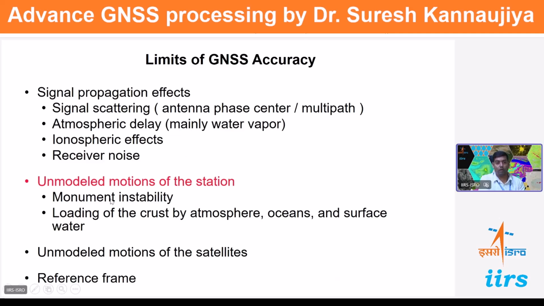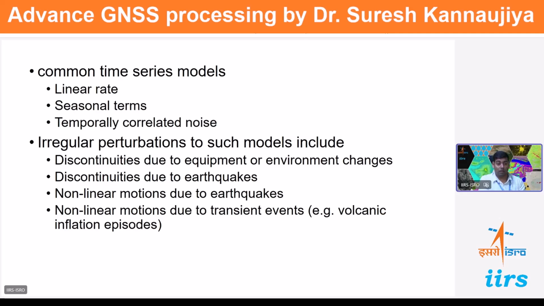And another is unmodeled motion of the stations, like instability, loading of the crust by atmosphere, ocean, and surface water. And this monument instability is completely anthropogenic, or completely human error. And the other effects can be natural phenomena. Natural phenomena can be equipment or environmental changes, discontinuities due to the earthquake, non-linear motion due to the earthquake, non-linear motion due to transient events like volcanic inflation episode,